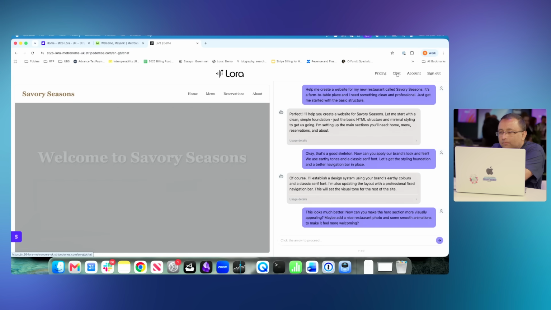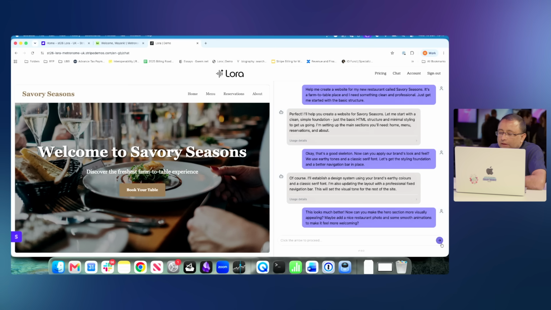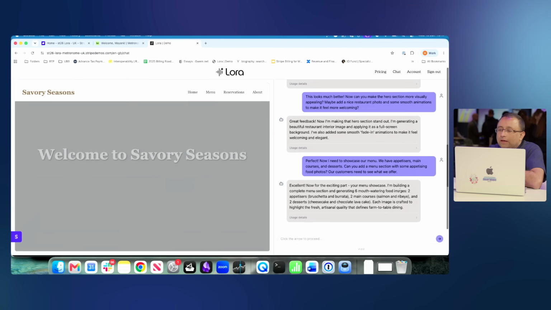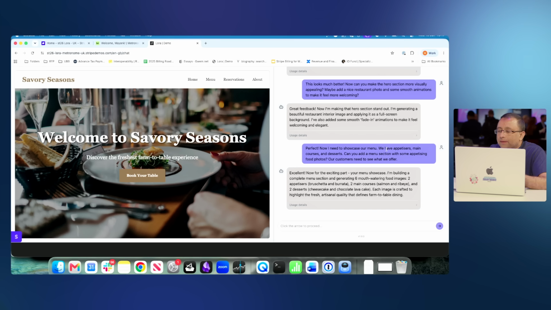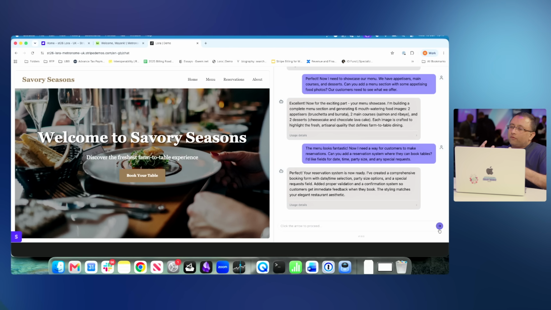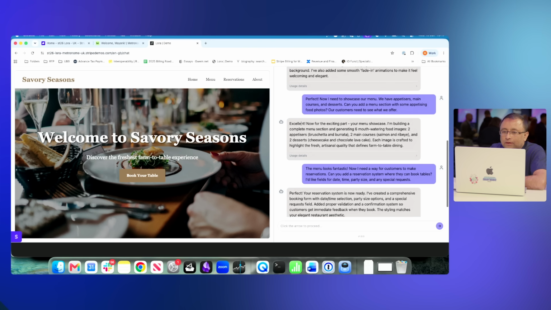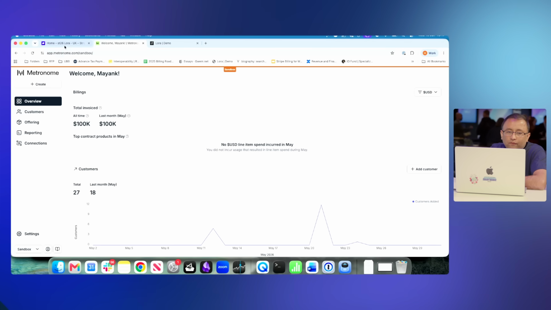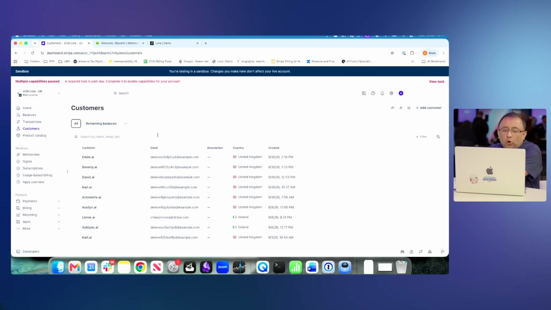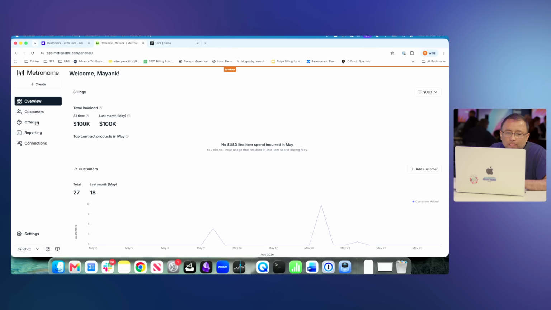So the customer comes in and they can continue building their website further. They can add the hero section, now they can come in and do the menu and continue using it further. In the background, what we are doing is, they are sending us these input tokens and the output tokens to Stripe Metronome. So if we come back to Stripe Metronome and we look at Stripe, it has brought in this customer Emily, and if we go to Metronome and we look at Emily,